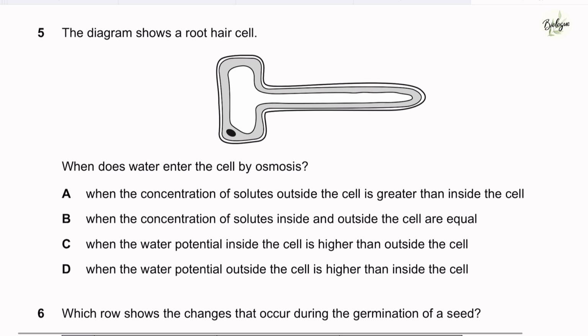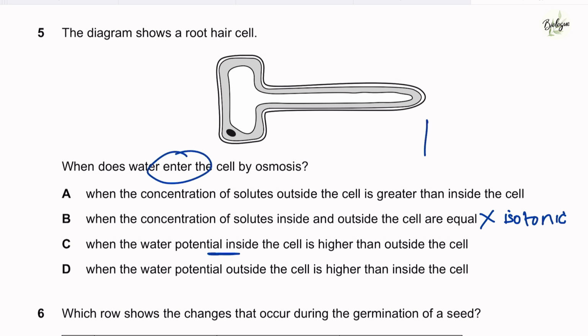Moving on to question 5, the diagram shows a root hair cell. When does the water enter the cell by osmosis? So when the concentration of solutes outside the cell is greater than inside the cell, when the concentration of solutes inside and outside are equal. This is definitely not the case, because in that case you would have an isotonic solution or an isotonic state. So there is no net movement of water molecules due to the same concentration of water inside and outside the cell. When the water potential inside the cell is higher than outside the cell, then the water will leave the cell,